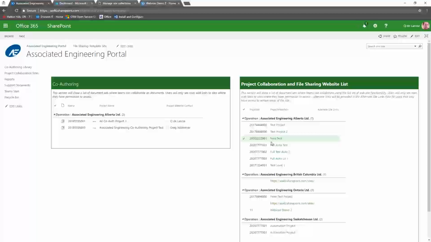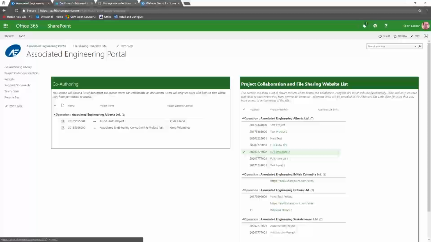So I'm going to come over to one of my Chrome windows here, and I'm actually in the main portal site. So this is actually the jump off place for anybody coming to any of these project sites. And the way this site works is that there's a library for document sets. So just like us with our events, there's scenarios where teams just need a spot to collaborate on a few documents, and they don't really need a whole project site for that. So they can create a net new document set in here and then manage the permissions into that as to who's going to co-author those documents with them. Or they can decide, we need a whole project site for this, and the project sites are listed on the